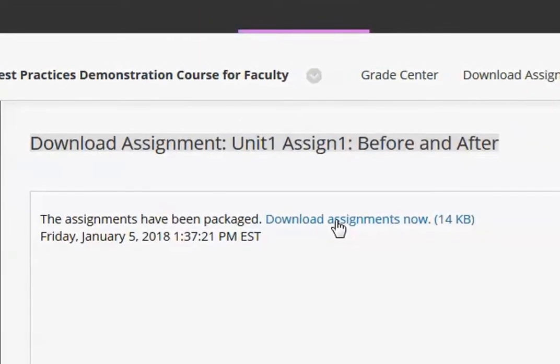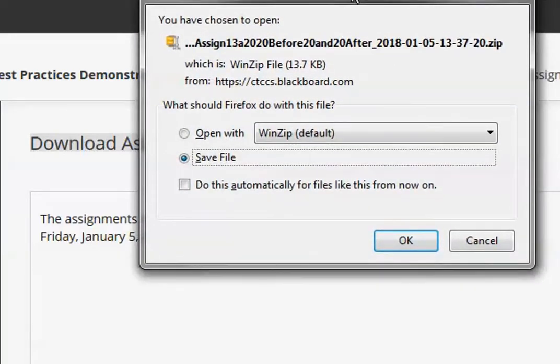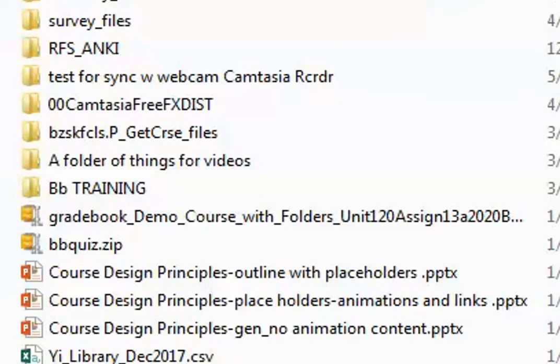Now to download the assignments, I just click this link that says Download Assignments Now. Depending upon what browser you're using, it's either going to automatically download to your computer's Downloads folder, or you may get an option shown here to ask you if you would like to save the file, in which case it will save it directly to your Downloads folder. So I'll click OK. So here I am in Windows Explorer, and I have the zip file that was downloaded